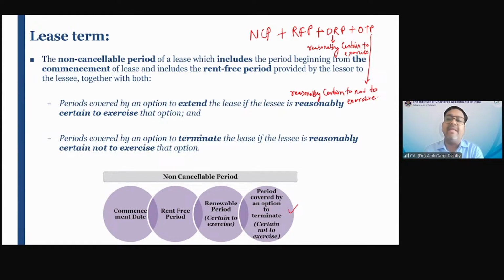But if the question is saying, now I'm flipping the question, 10 years is the total contract. 1 year is the rent-free period. The next 6 years is the non-cancelable period. In the last 3 years, the lessee can avail the termination option because every year there is a 10% escalation clause, and probably by that time the rent is in line with the market rental or more than the market rental. So the lessee can terminate in the termination period. What is the lease term?